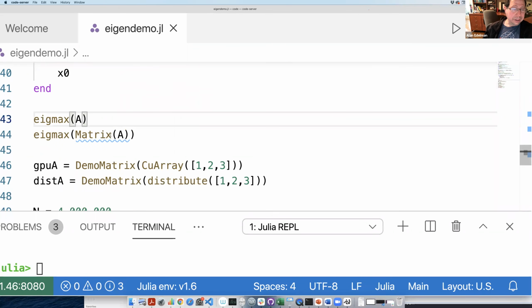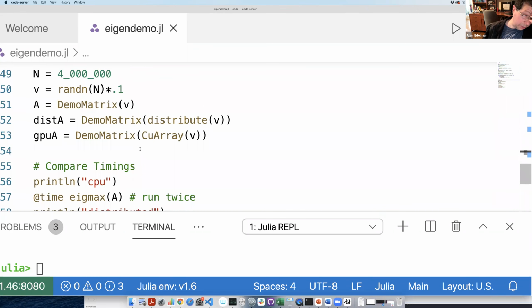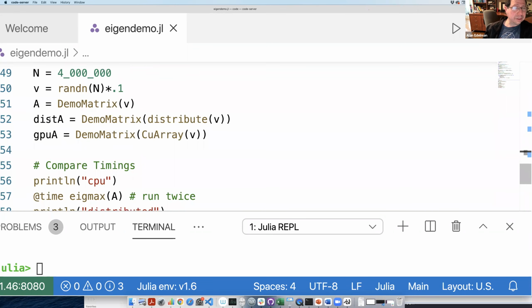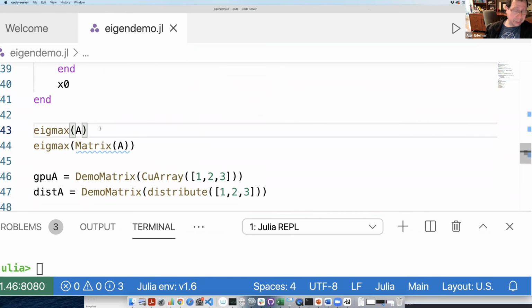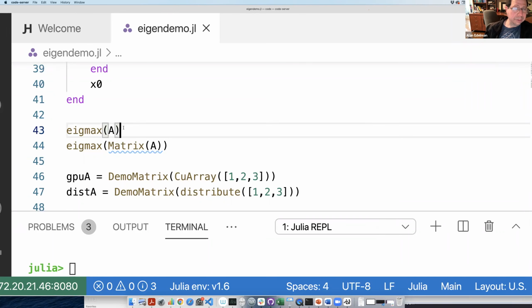So, I was putting this matrix on the, did I distribute this yet? I've lost track if I've even gone this far. I think, well, we can do it again. So the eigenvalue, is this still running? What have I done? Eigenmax of A, if I hit Control Enter, nothing's happening. Why is that?